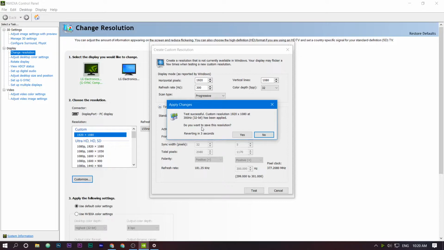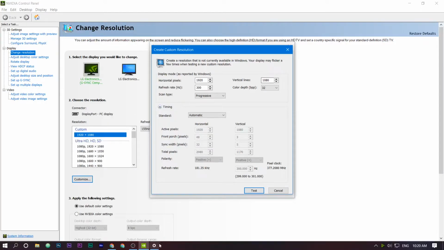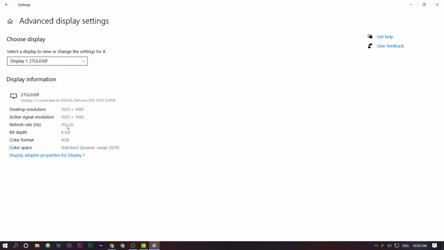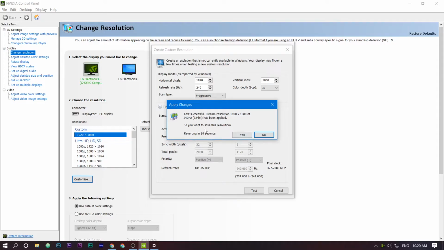You won't be seeing anything on your monitor, but since OBS is recording, I can see it. Now I can go back to the previous resolution, and boom, you're back and your monitor just turned on. We're again at 155 Hz. Now, I've repeated this process countless times before recording, and I saw that I could push my monitor all the way up to 240 Hz, which is kind of crazy. Now, as you can see, my monitor came back on, which means 240 Hz is actually applied.